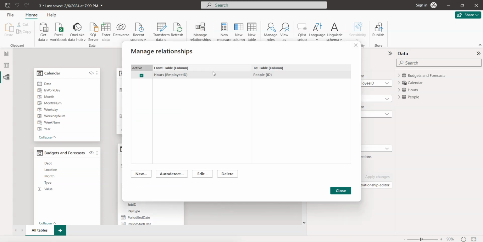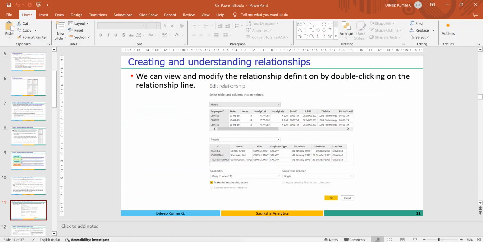If you click on that, it will show you the number of relationships that you have. So far we just have a single relationship. Ours is the field employee ID from the hours table and ID from the people table, and that is the relationship. And here you have options like creating a new relationship, auto detect is also there, edit is also there, and delete, you can delete the relationships. Next,